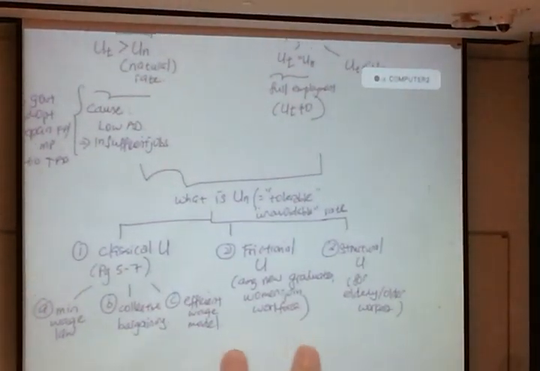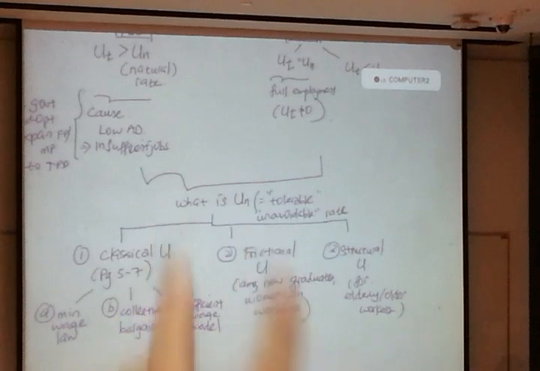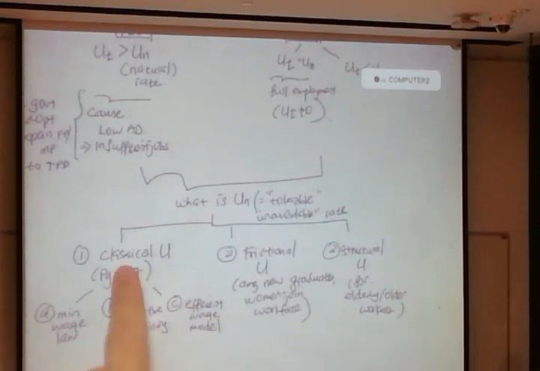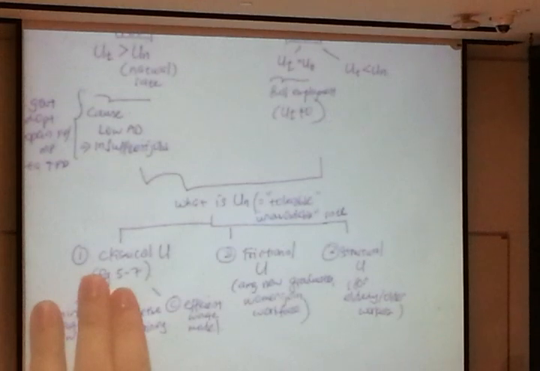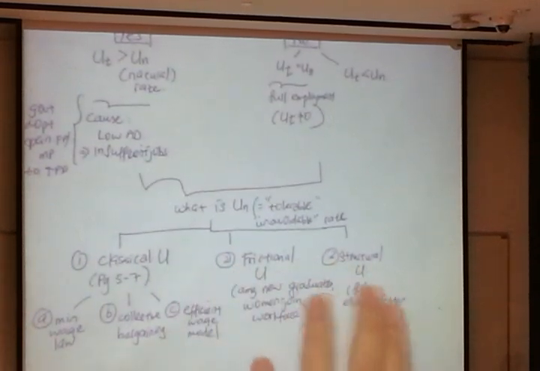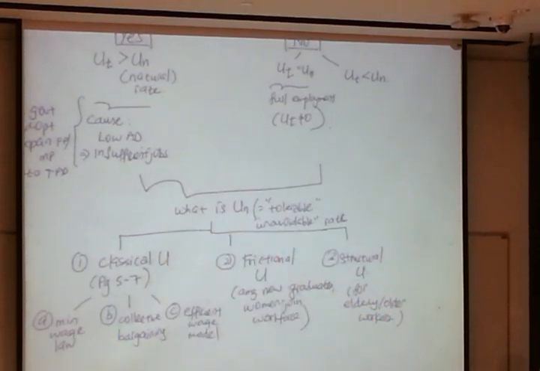So I must first measure the natural rate. When I do my survey on the unemployed, I must ask them why they are out of jobs first. If I can classify them under classical U, frictional U, structural U, I get my UN first. And the UN, the tolerable rate for most countries, is about 4%.